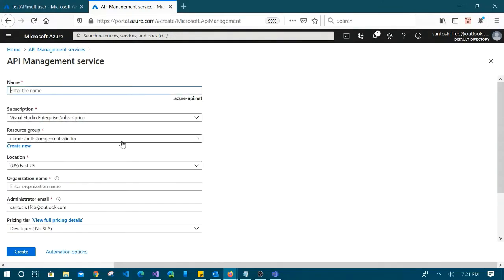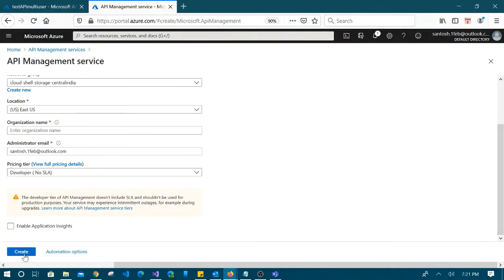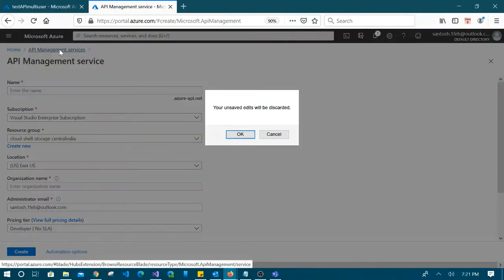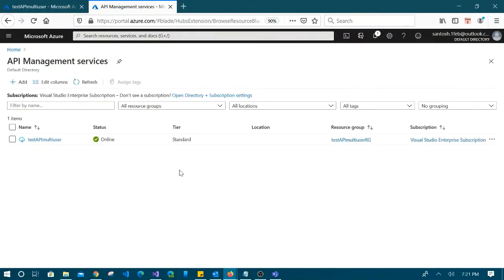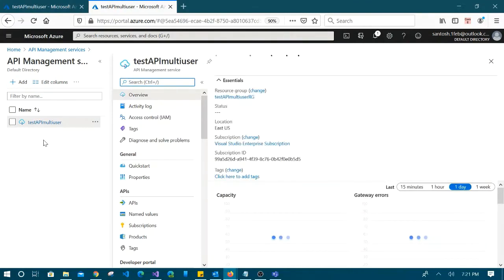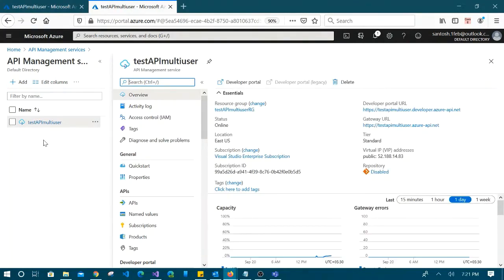Like this, the form will appear. You have to fill this form out and click create, so your API management service will be created. Like I have already done, so let's discard it and open my already created API management.